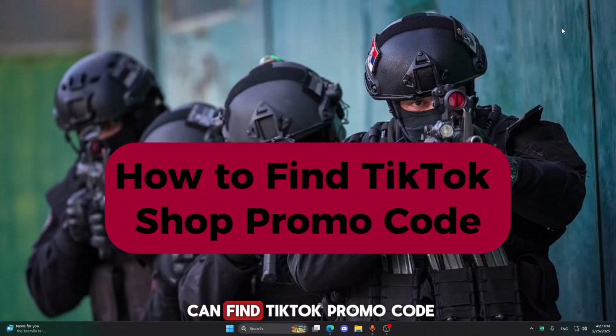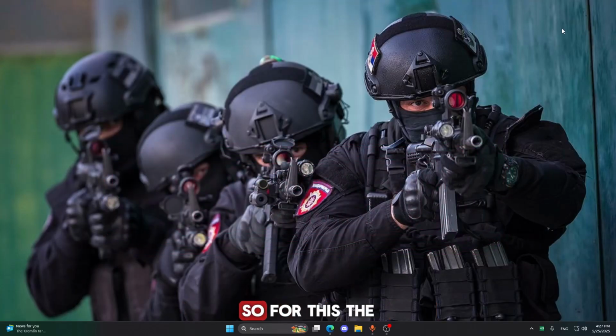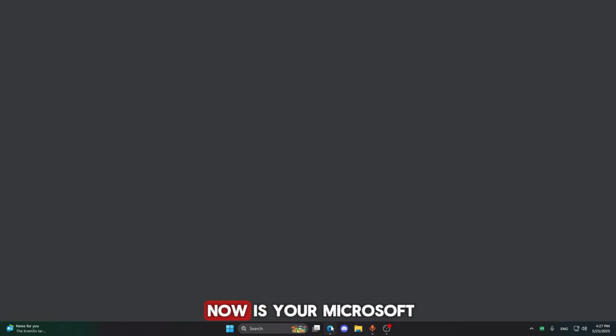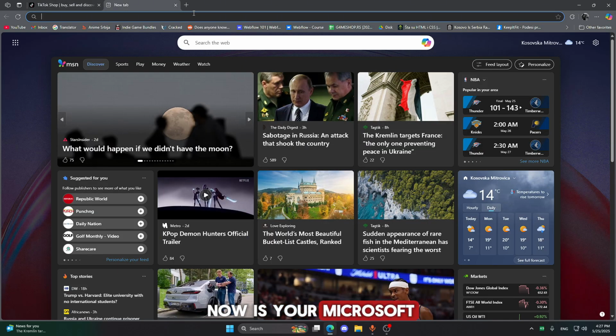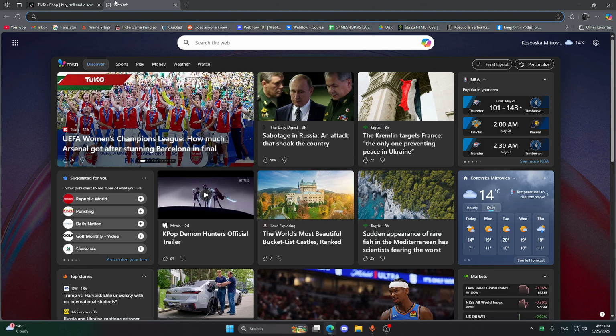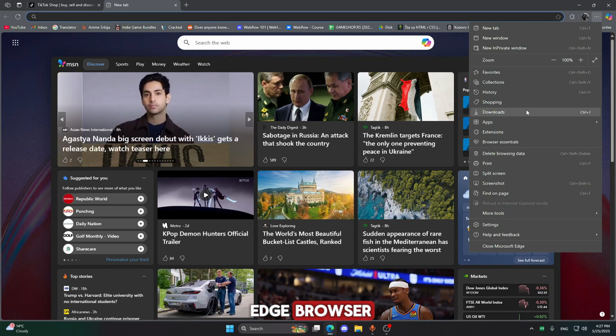Let's learn how we can find TikTok promo code. So for this, the fastest method would be on your PC if you have Windows system. So what you need now is your Microsoft Edge browser. Everyone has it, probably. And we will use the option on Microsoft Edge browser, and that's this shopping or coupons